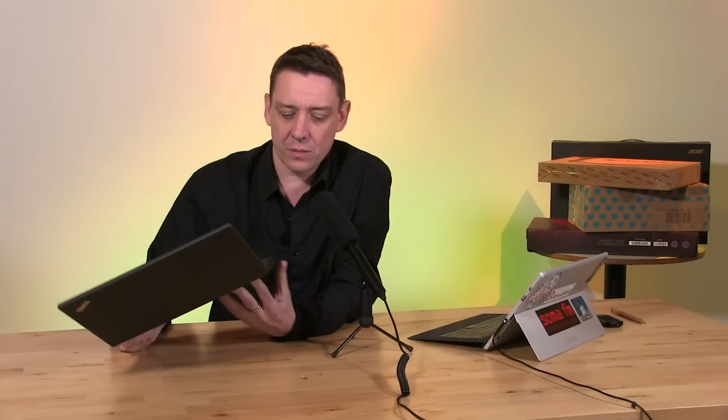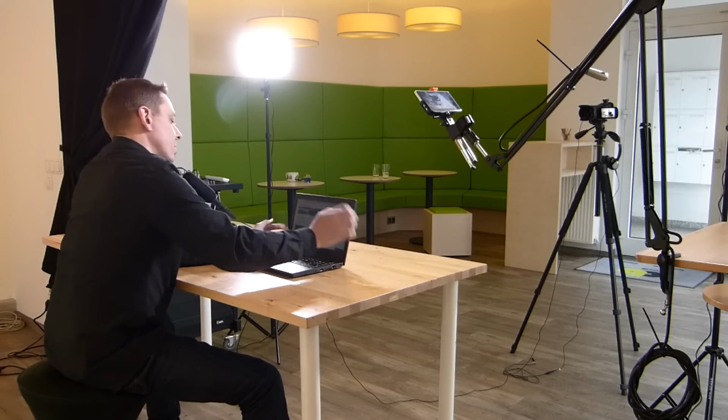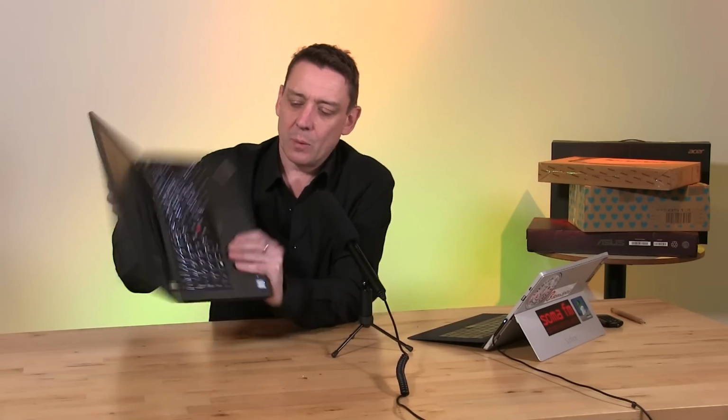This model we've got here is 1.46 kilos and 1,500 euros. So it's a fairly expensive device, but it's built well. There's a nice casing, nice strong hinges. There's no flappiness on that, albeit a small, 12.5-inch screen. 1.5 kilos is a little bit heavy for a 12.5-inch laptop, but when you think about the hot swap battery,